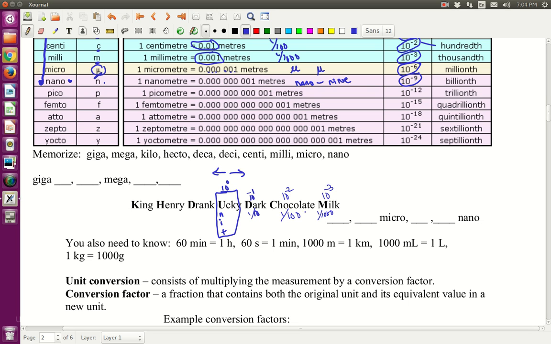Sorry. It's getting smaller when you go to the right. It actually gets a smaller unit according to this mnemonic device, and then bigger on this side, which is kind of opposite of what you see on the timeline. And I apologize, I didn't say that correctly the first time. So Ucky is for unit, dark is for deci, chocolate is for centi, milk is for milli, and